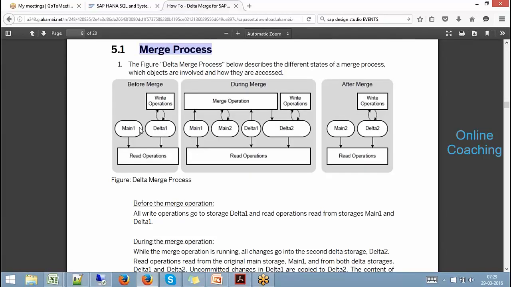Okay. Now let's say the situation is like this. As of now, main table has got 5 records. In delta, you actually created 3 records, meaning you inserted 3 records. You executed commit. Insert record 1, you execute commit. Insert record 2, you execute commit. Insert record 3, you execute commit. So we have 3 committed transactions in delta 1, and at this point of time, still there is a user